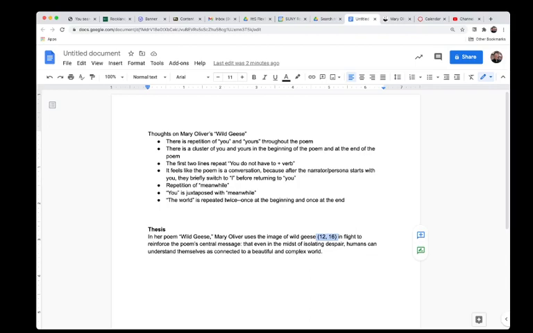If you're working with something that isn't a poem, you would cite page numbers. If you don't have page numbers, you would use the author of the poem or of the piece of literature. If you don't have an author, you use the title. All of that can be reviewed by looking at MLA citation. You can look at the Purdue OWL. You can look at the Excelsior OWL. There's lots of tools out there for that.